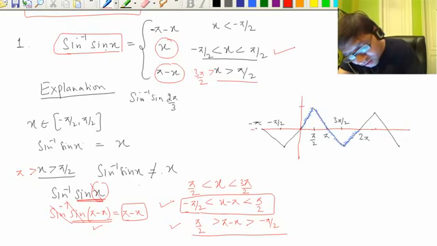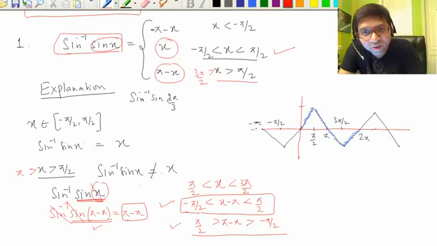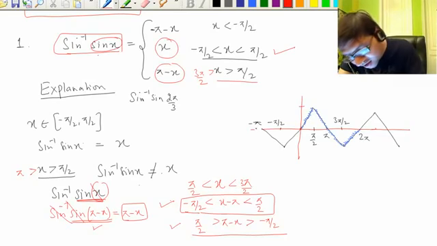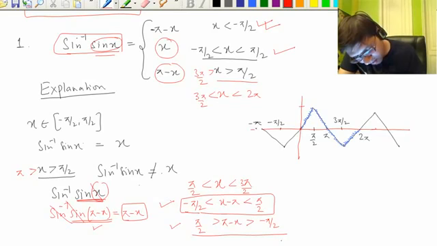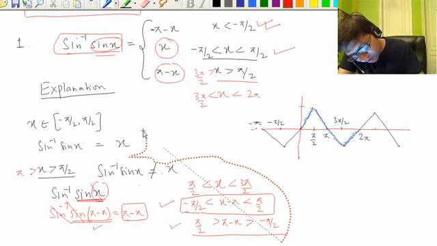Fine, and you know it's a periodic function with period 2 pi. Sin x repeats after 2 pi, so we don't have to keep on breaking it till infinity. It's a periodic function with period 2 pi. After 2 pi sin x is repeating, so we'll go till 2 pi. So there are two options. Either we can go back and take the interval x less than minus pi by 2, or another option is we can go further from 3 pi by 2 to 2 pi. Right, from 3 pi by 2 to 2 pi. Let's see how we do this.